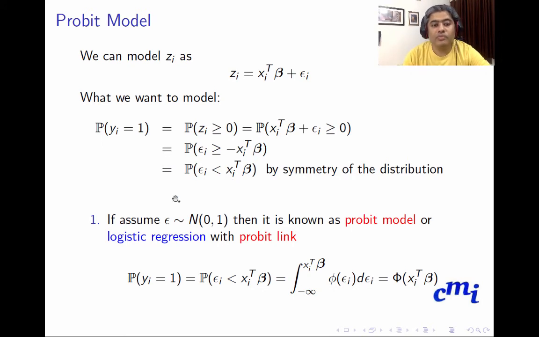Now let's assume this epsilon follows normal 0, 1. Then it is known as the Probit model, or logistic regression with the Probit link. Then basically probability of yi equal to 1 is equal to probability epsilon i less than xi transpose beta, which is basically the integration from minus infinity to xi transpose beta of the PDF of epsilon i d epsilon i, which is effectively the CDF of the normal distribution up to xi transpose beta. Now